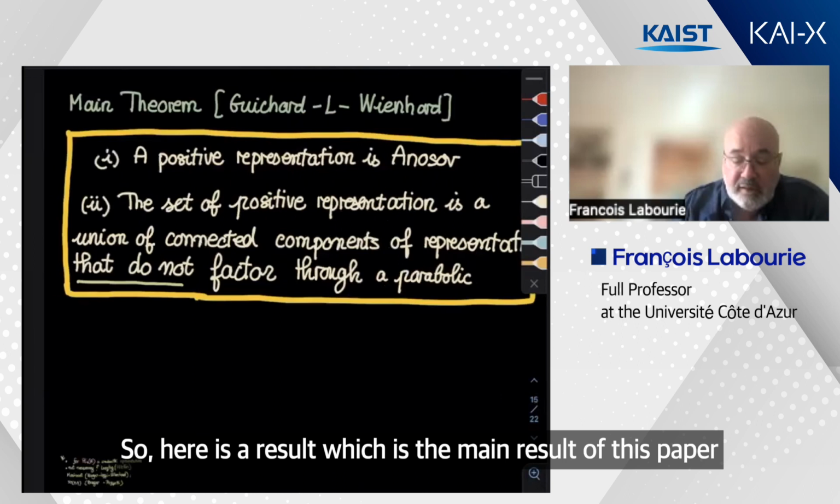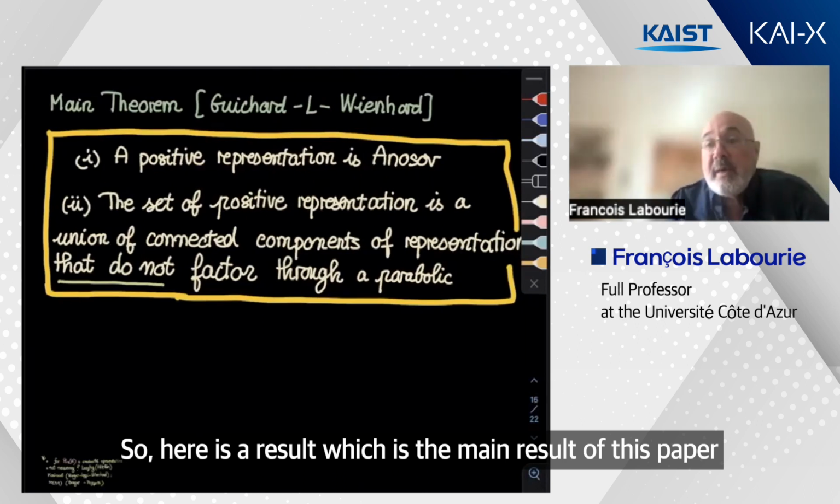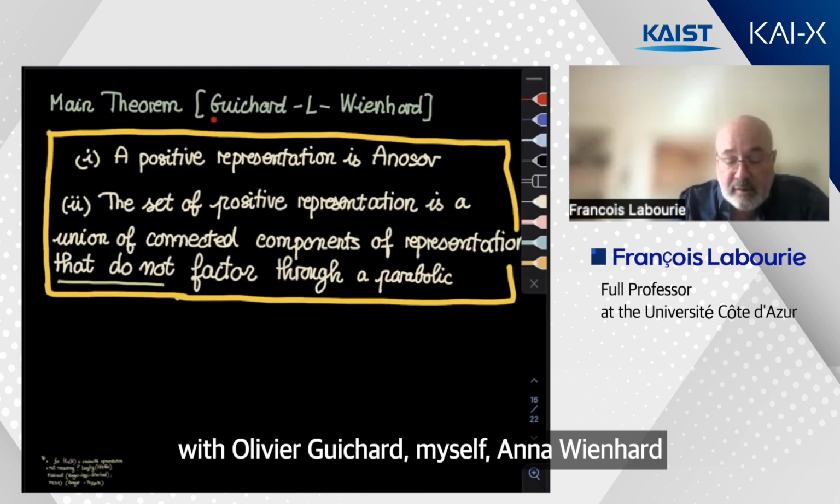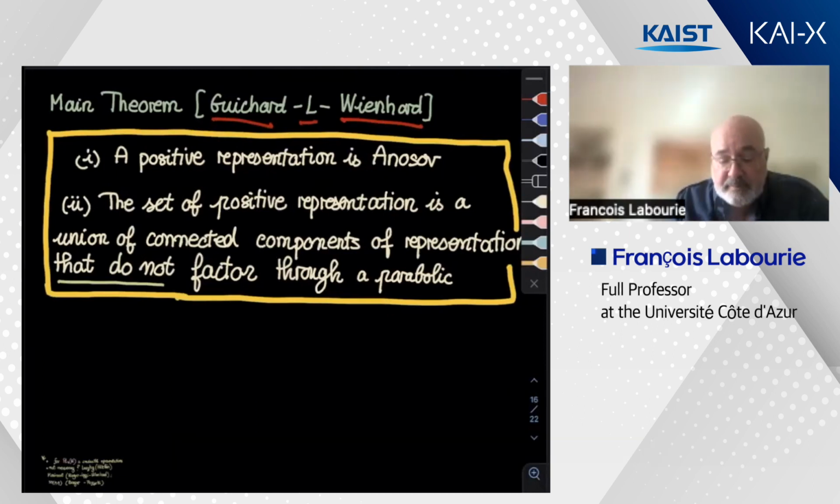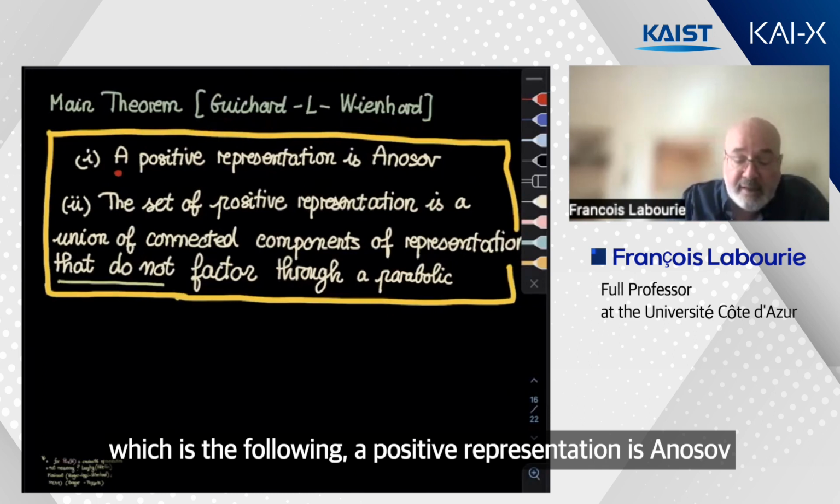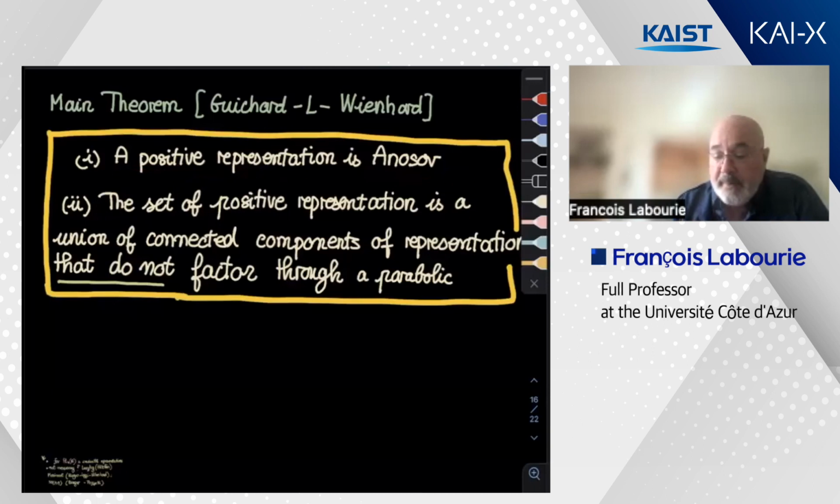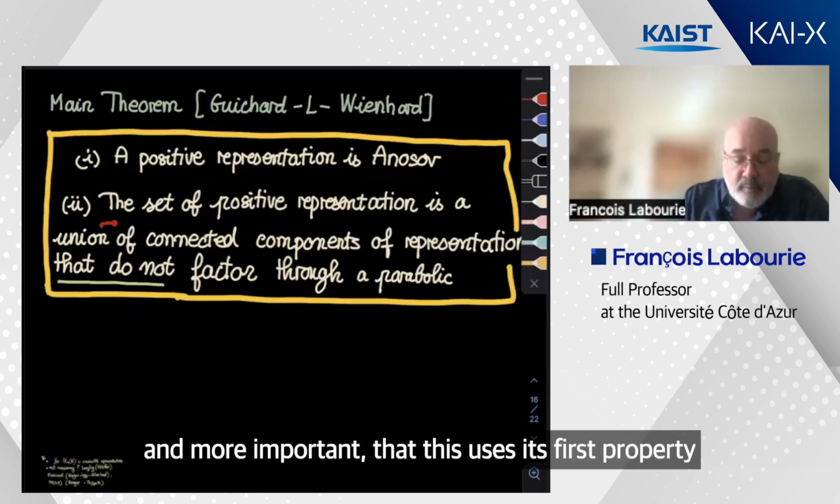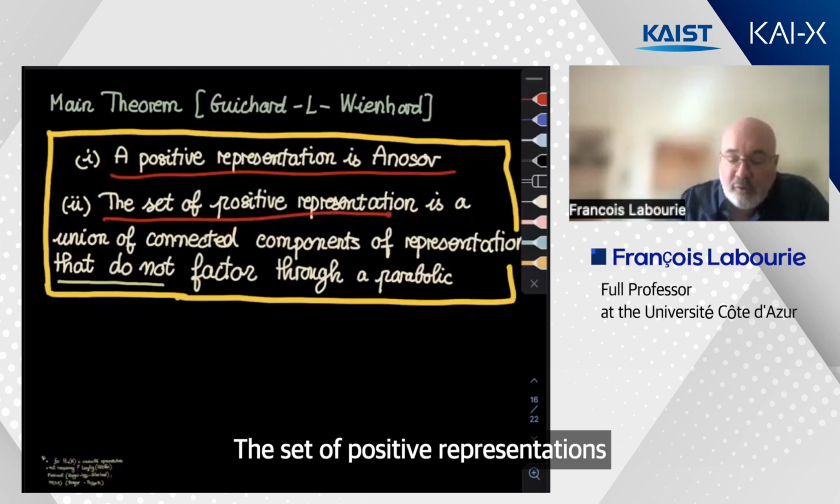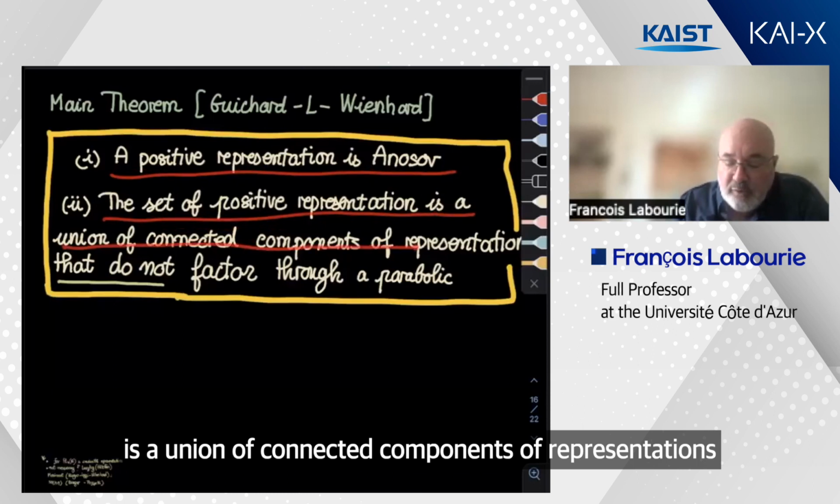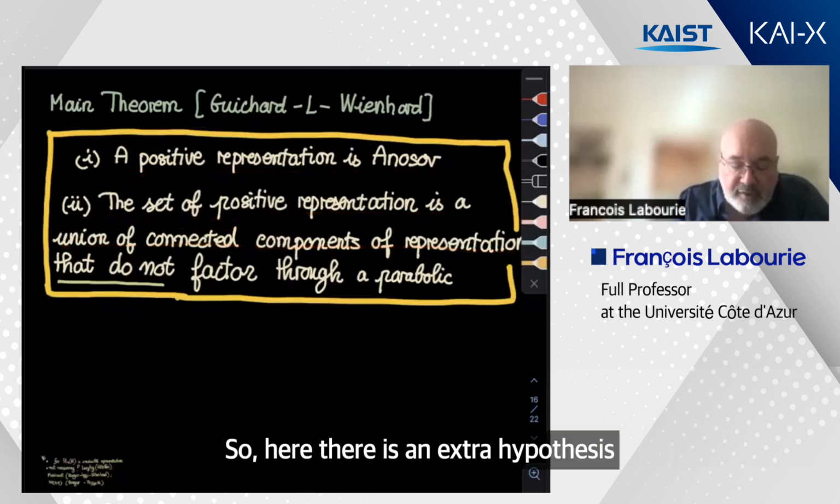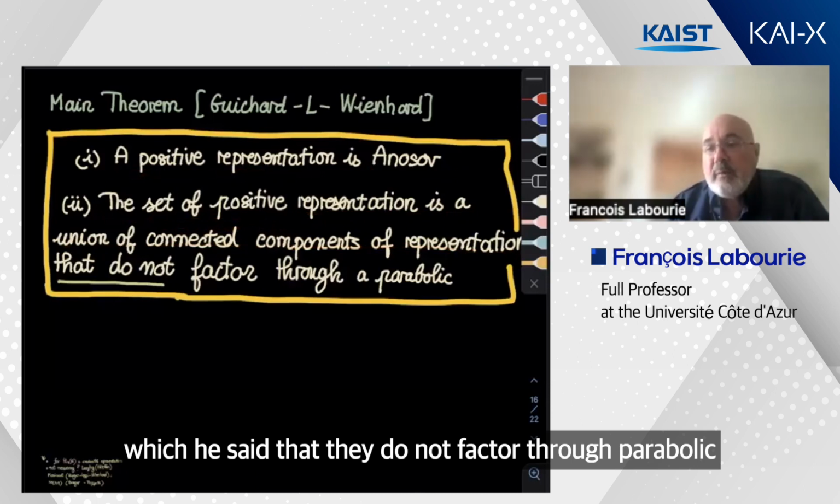Here is the main result of this paper with Guichard and Anna Wienhard: a positive representation is Anosov. I'm going to explain a little bit what an Anosov representation means. And more importantly, the set of positive representations is a union of connected components of the space of representations. Here there is an extra hypothesis, which says that they do not factor through a parabolic,